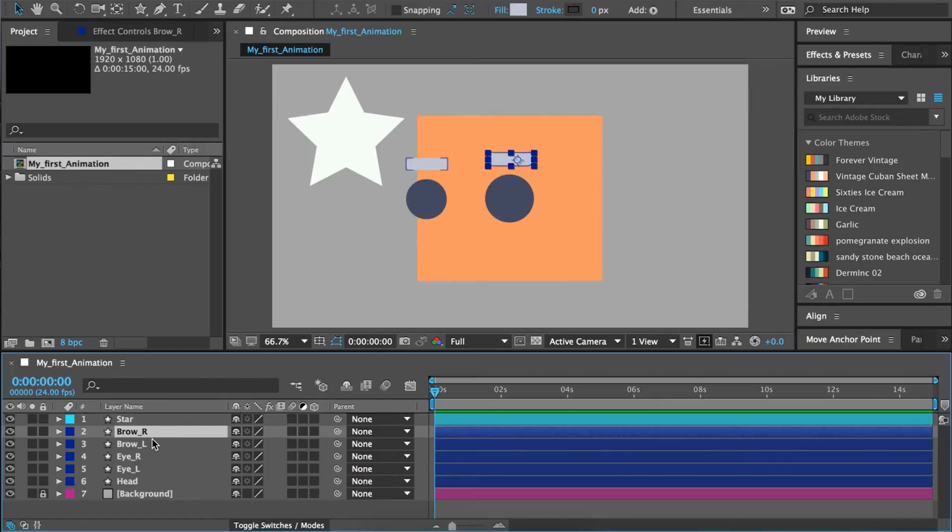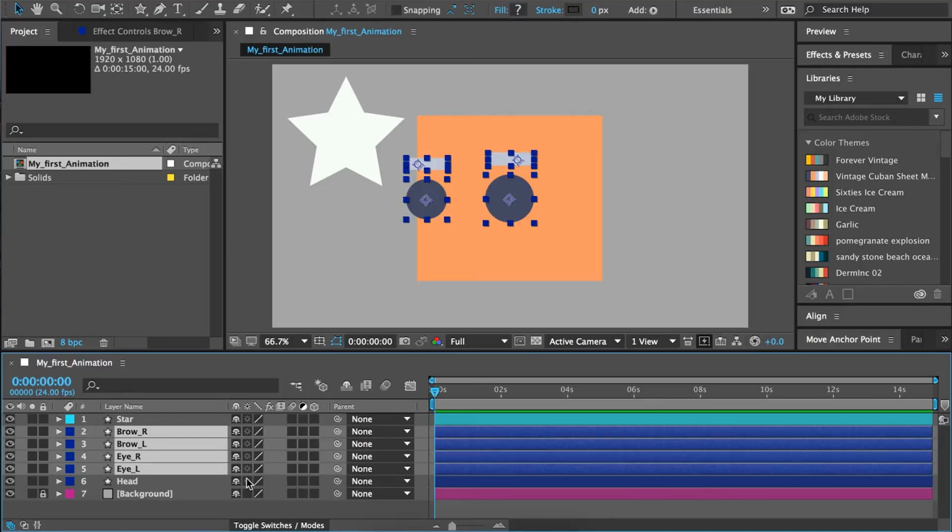We'll select the brows and the eyes. You can do it by selecting whatever is first that you want to select, and then the last, and then you hold Shift. This will select all in between. If you want to deselect something, you hold Command. Of course, this is for Mac. And you can deselect, but we want to have all selected, and then we go on this little snail here to the right side,